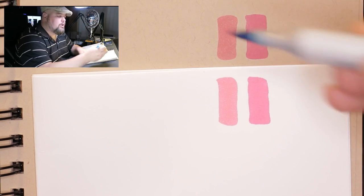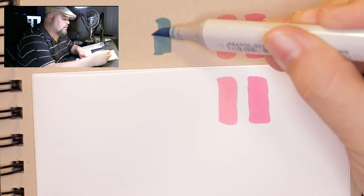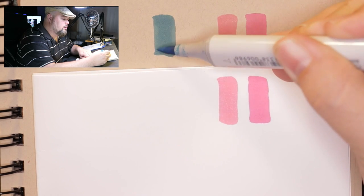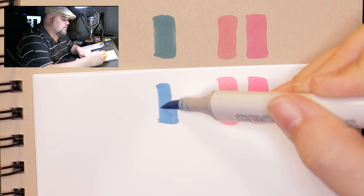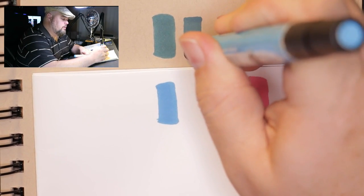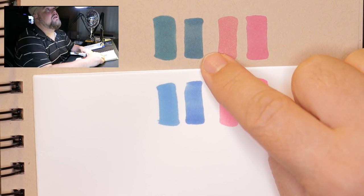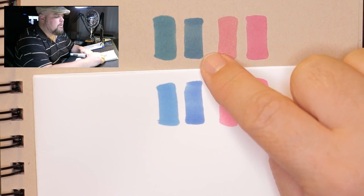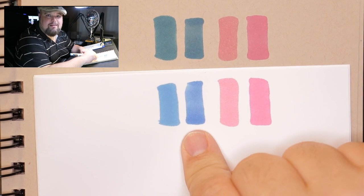Here's the same demonstration with a blue. Copic, Prismacolor. So you can see how on the mid-tone sketchbook paper, blues almost look green, whereas on the white, they're bright